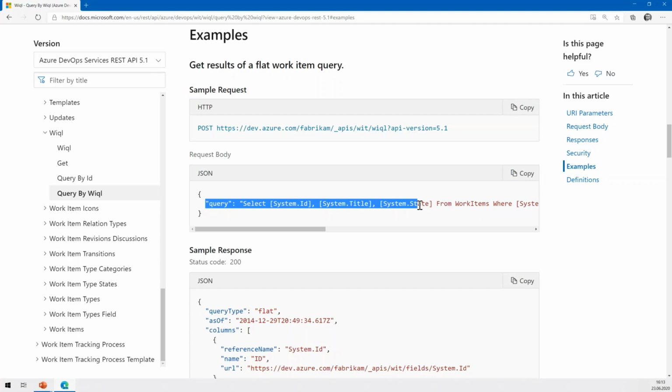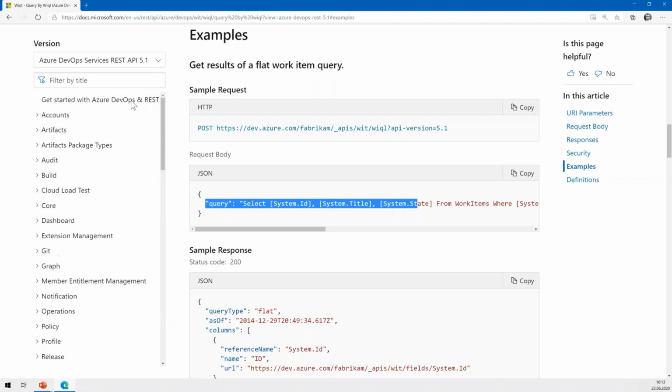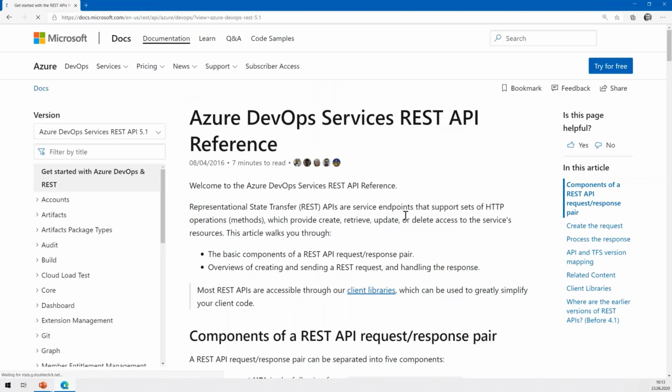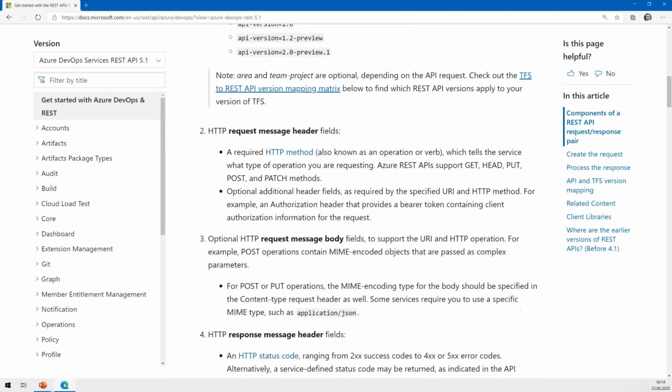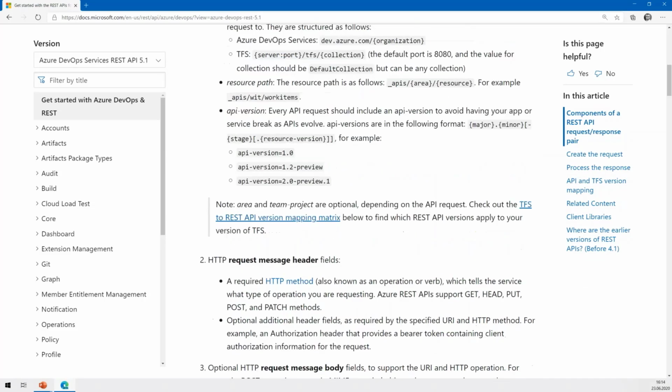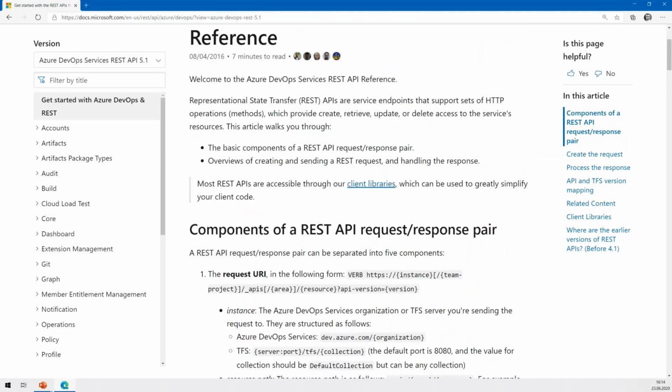The other question that we need to solve is how we want to authenticate, because not everyone is going to be allowed to talk to Azure DevOps and get the information, but instead we need to do some authentication. And for that, if I go back to the starting page, we also have information here about authentication, and I should have noted down the exact link.